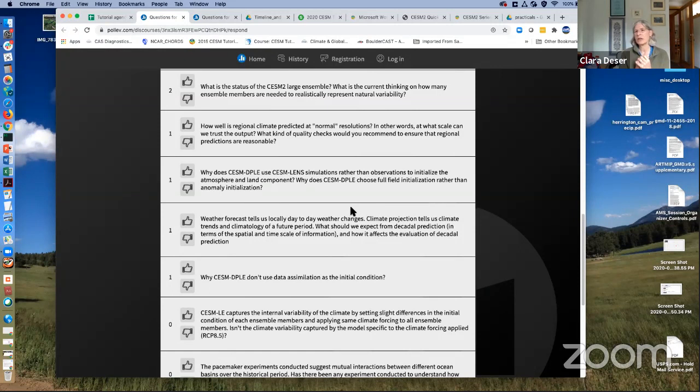Also, we've written, the US CLIVAR Working Group on Large Ensembles, a recent publication in Nature Climate Change that tries to talk about state-of-the-art thinking on large ensembles and trade-offs for the community. So you might look at that. That's led by myself, and it's on my website. So no one answer to your question, and there's a lot of thinking about it, and it very much depends on the research question that one has.